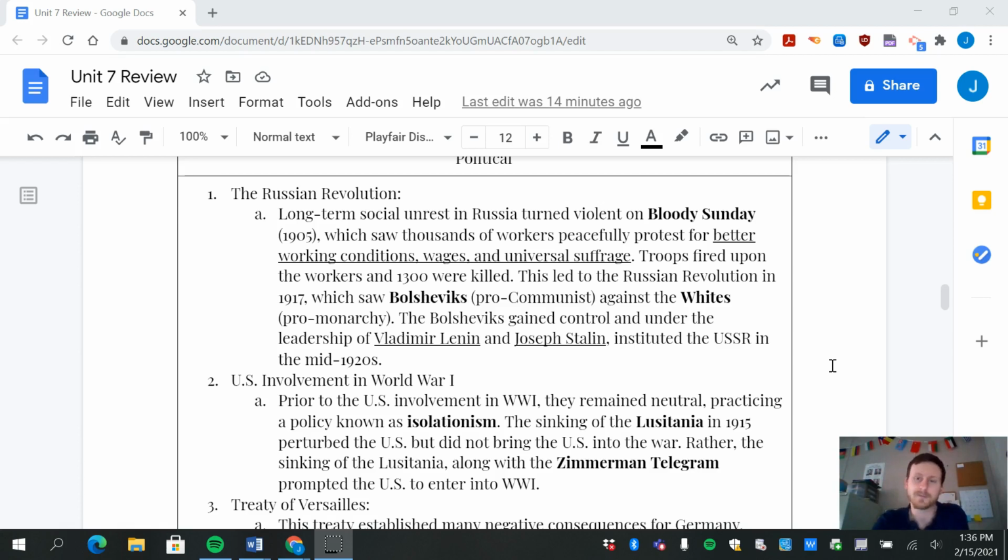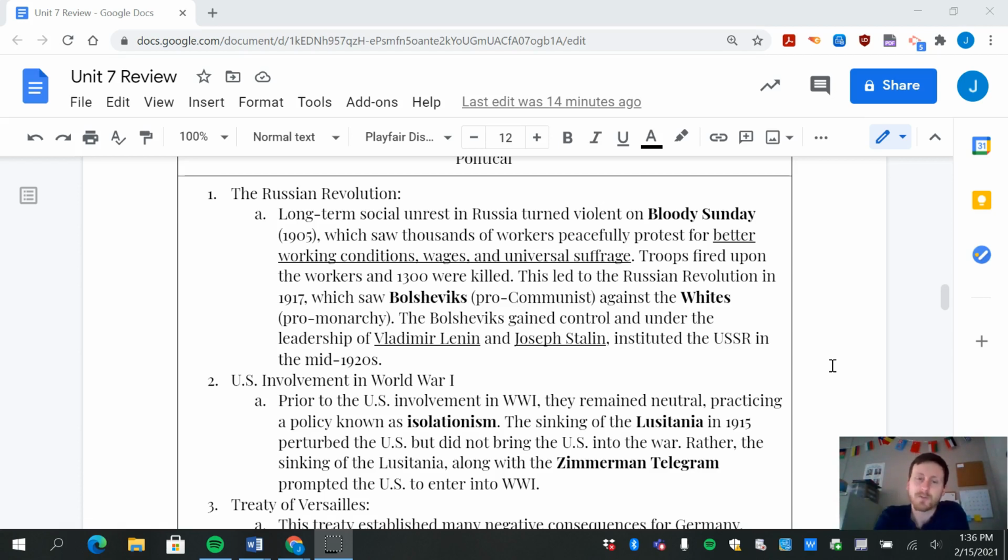So having the right to vote, with no other catches of, oh, you have to be able to do this, or you have to be this gender or this race to be able to vote. During this protest, about 1,300 workers were killed. And this ultimately is going to lead to the much larger and more successful Russian Revolution in 1917, where